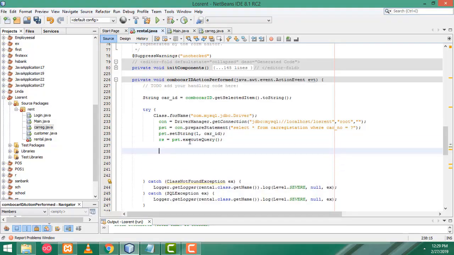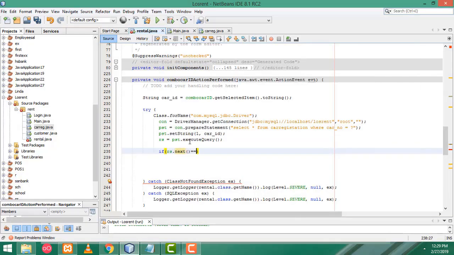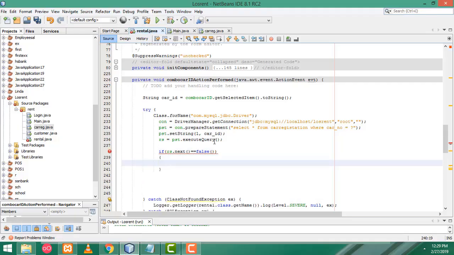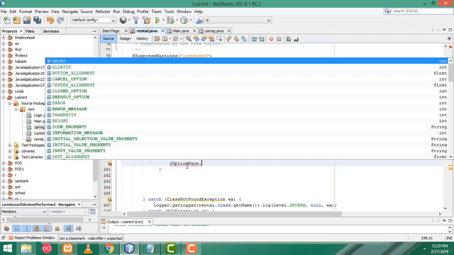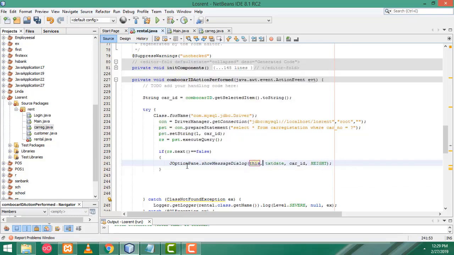right. Here now we have to check if the car is not available. So rs dot next equal false, the car is not available, false. This is not a function, right. Here display the message j option pane dot show message dialog, here I would write car number not found,